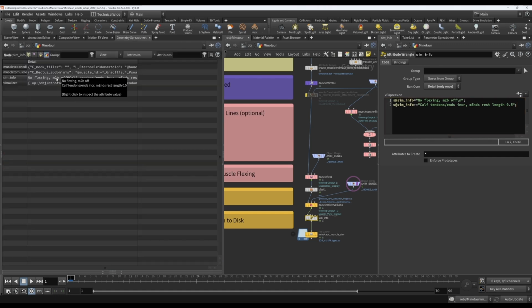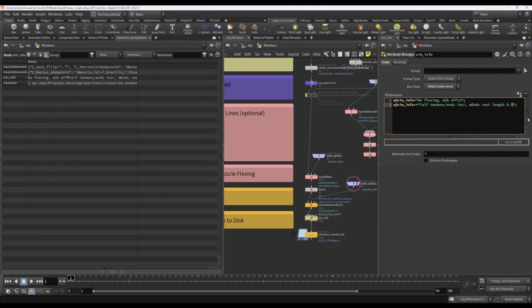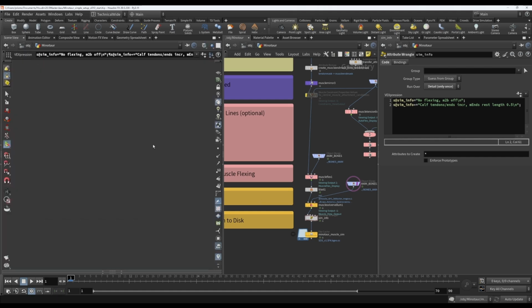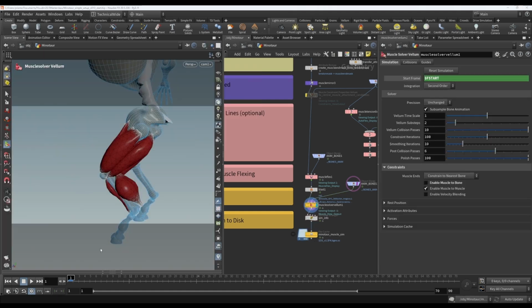Let's check the geometry spreadsheet, and now you'll see that it's put this on a new line because of the \n. I'll just put a \n there too. Control Enter. Cool. So I'll just start off by running this for a few frames to see,